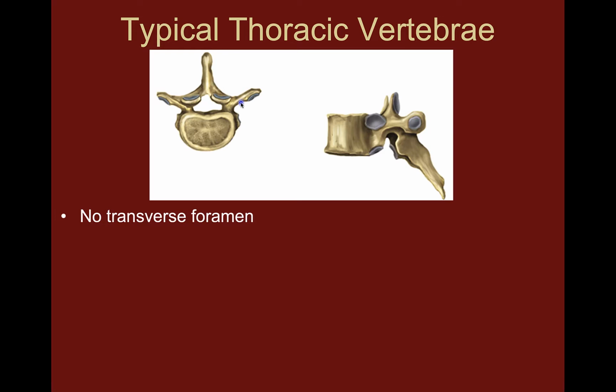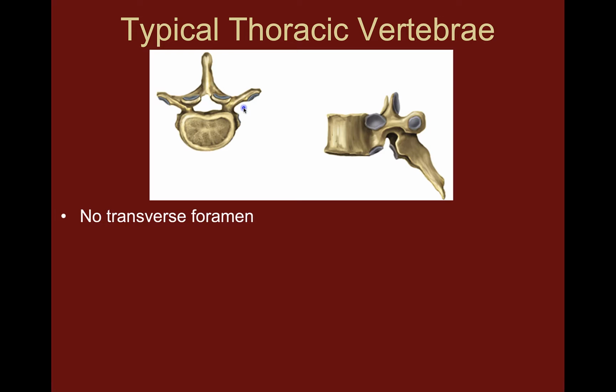So if you were on a test and you saw this and you said, oh, it's totally a thoracic, it doesn't have foramen, that's one characteristic. That is not a unique characteristic of this because lumbar vertebrae share it. So you're going to want to be looking for other characteristics that are unique and that tell you that this